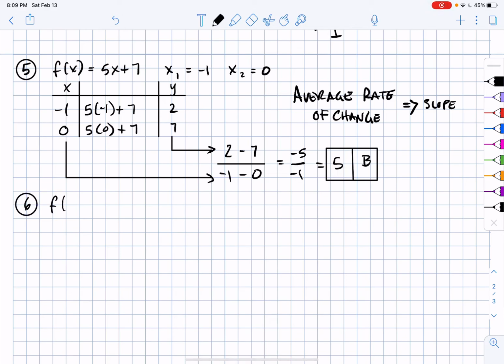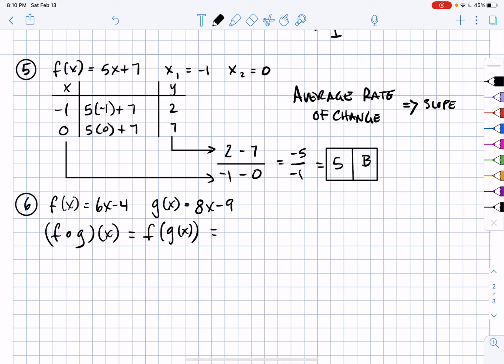Number 6 gives you f of x equal to 6x minus 4, and g of x is equal to 8x minus 9. And I want you to find f composite g of x, which really means f of g of x, which really means f of 8x minus 9, because g of x is already defined. It's right here. It is 8x minus 9. So now, when I look at just this piece right here, what is it really saying? It's saying, hey, use the f function, which is right here, and wherever that x is, replace with 8x